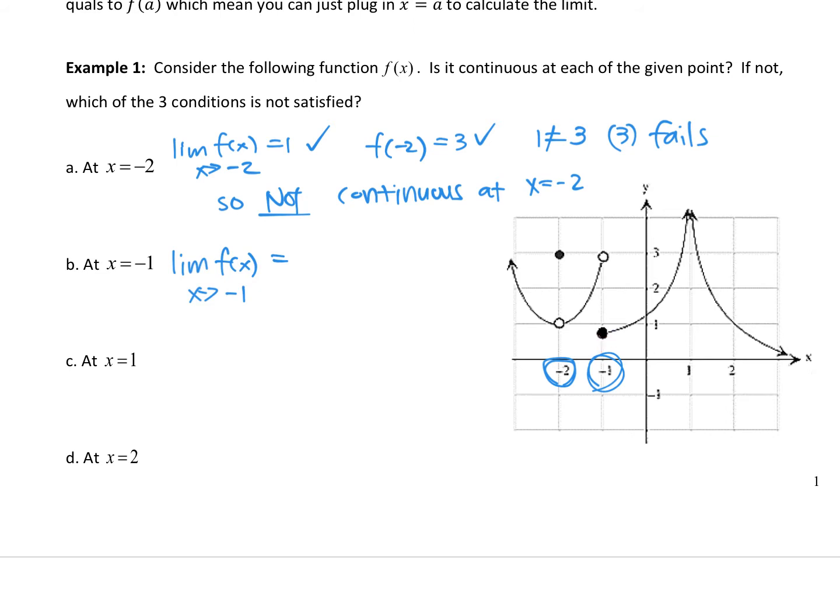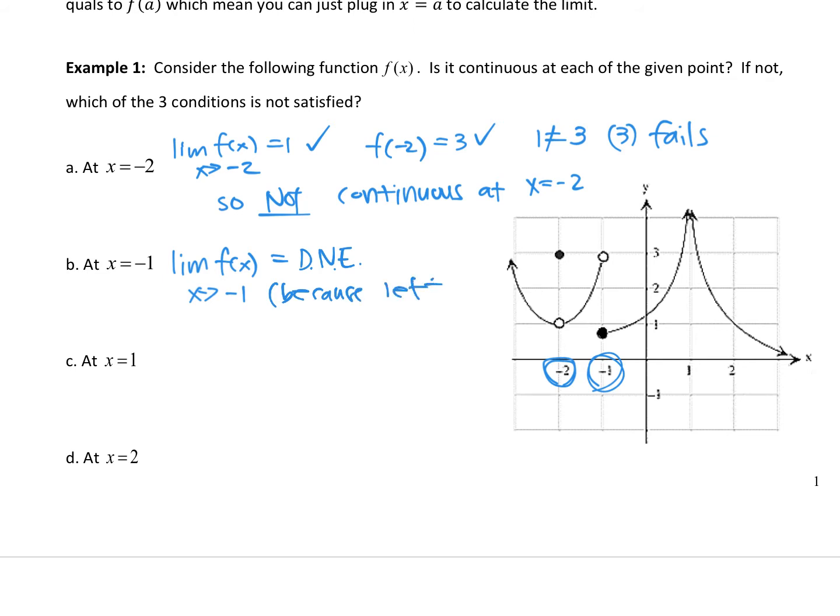-1 is here. If I'm approaching from the right-hand side, my graph is approaching 0.8. If I'm approaching from the left, my graph is approaching 3. So the left limit and the right limit are not the same. So the limit does not exist because